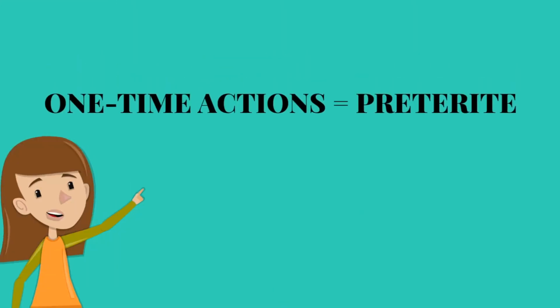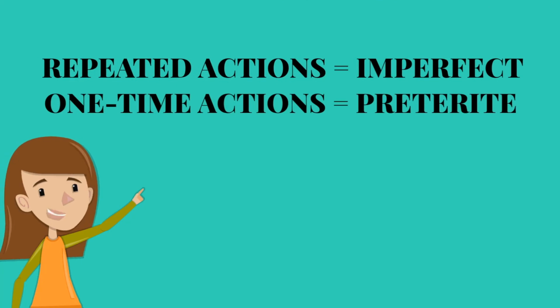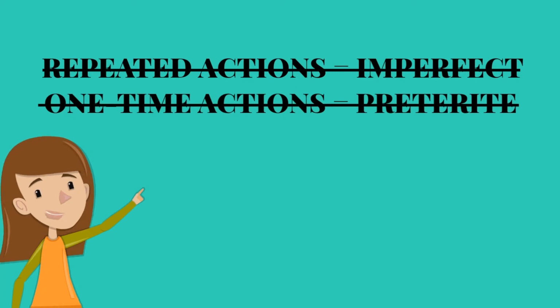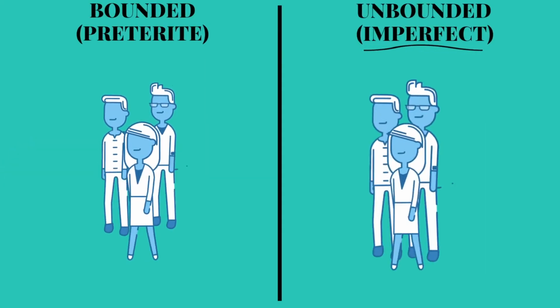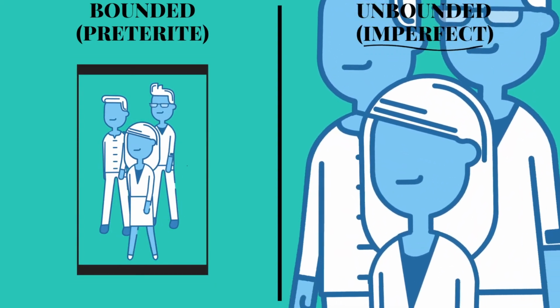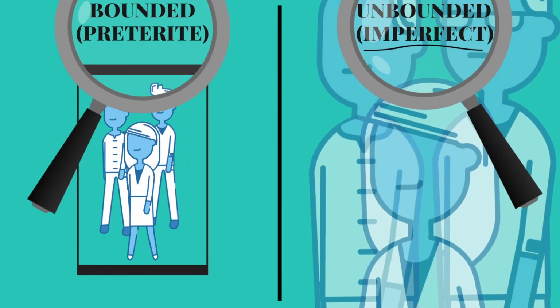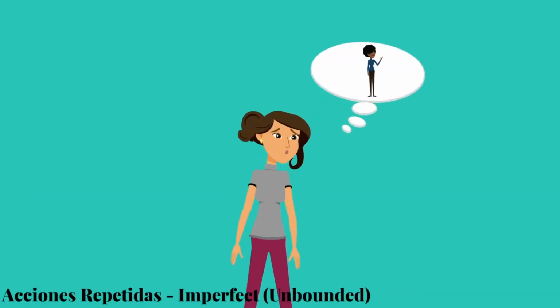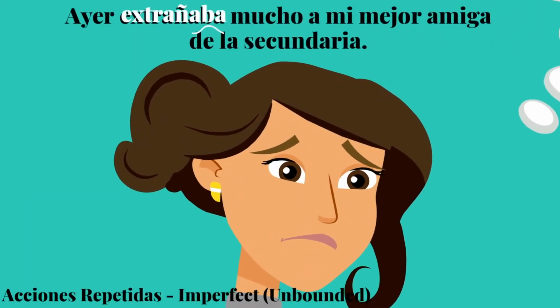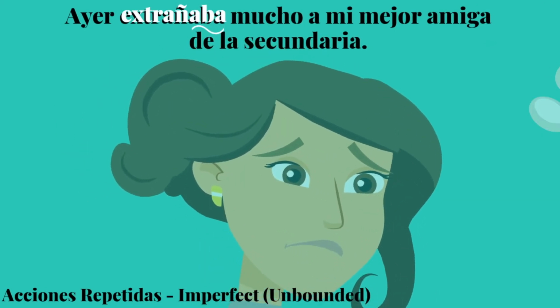Now, when I say concrete action, I do not mean to suggest that the difference is about whether an action actually occurred just one time or not. Actions that occur once and actions that occur repeatedly can both be expressed in either the preterite or the imperfect. Again, it depends on the boundedness that I want to express as my viewpoint. Let's see a couple of examples of that. If I want to say, yesterday I was missing my best friend from high school, ayer extrañaba mucho a mi mejor amiga de la secundaria,